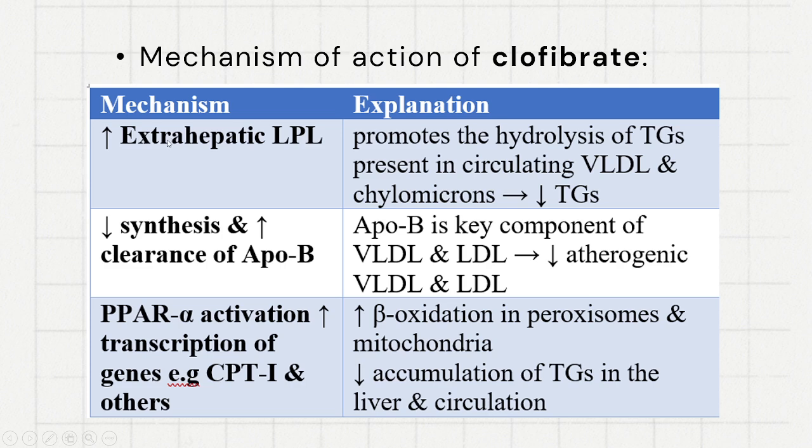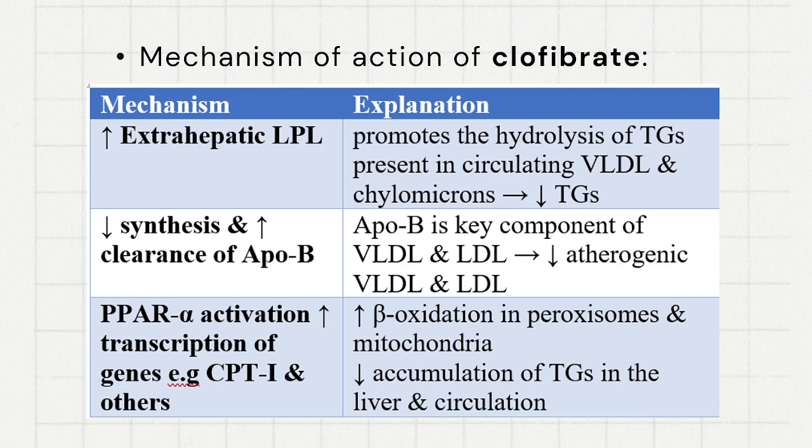Increasing the level and activity of extrahepatic lipoprotein lipase will promote hydrolysis of triglycerides that are present in the very low density lipoproteins and chylomicrons, which will lead to reduction in triglycerides in blood. Decreasing synthesis and increasing clearance of ApoB. Apolipoprotein B is structurally part of VLDL and LDL. So they will be reduced, and this will eventually lead to reduction of their level